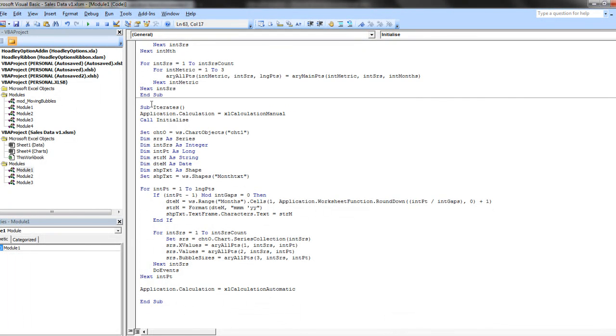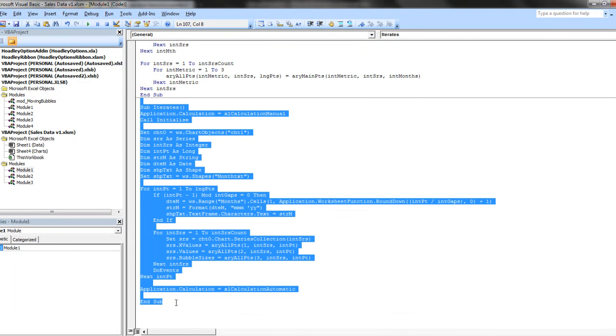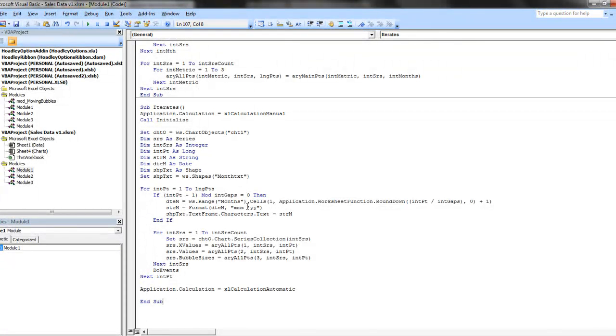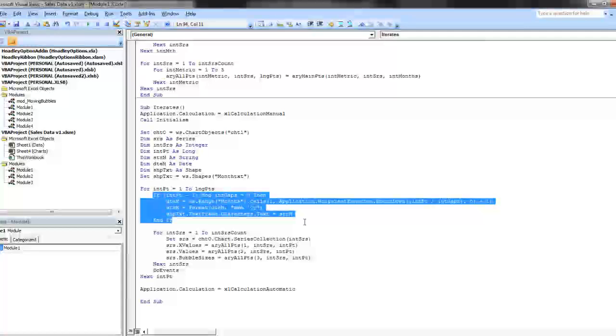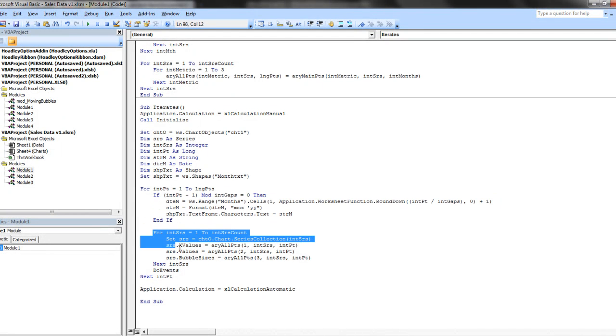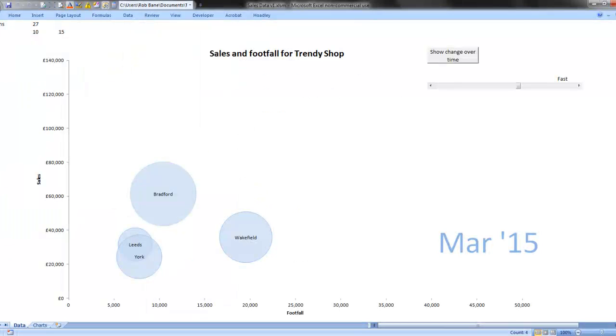the page executes this iterates sub-procedure, which just goes through from each one of the points in that larger array, populates the text box which shows us what month we're working with, and then populates the chart based on the larger array. So we use arrays for speed of calculation, and also to keep our workbook size down, and to